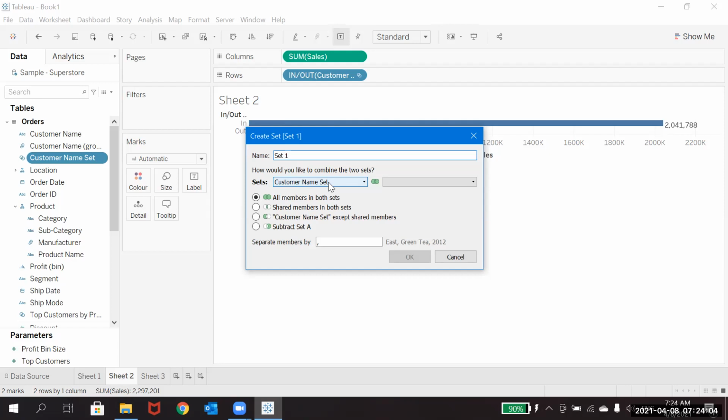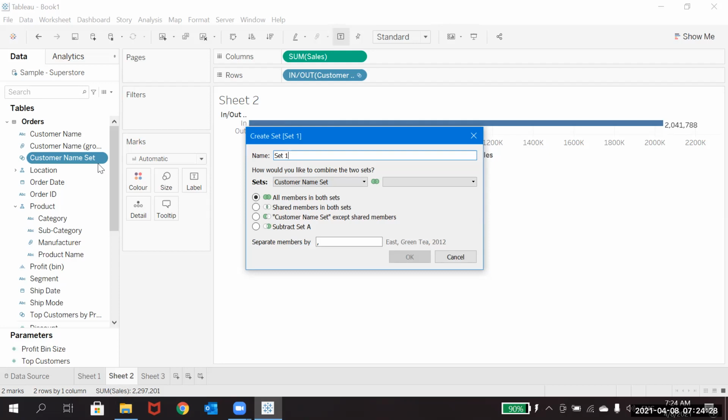You can combine two sets. Using the same customer, you can create one more set. Here we have given 500, so in the next set you can create one with 200, or maybe the bottom 1000.